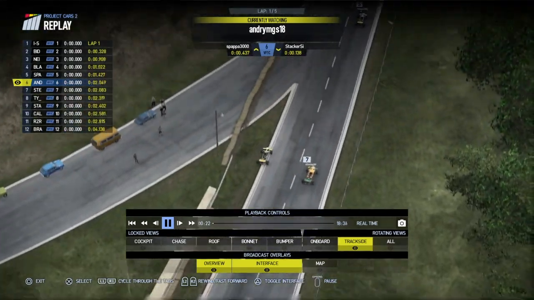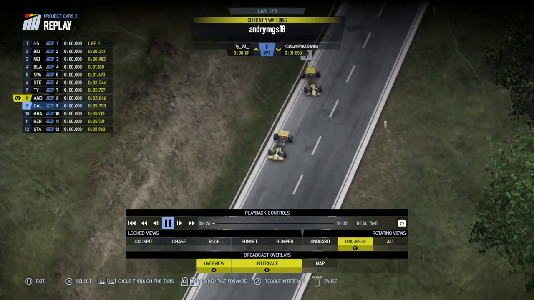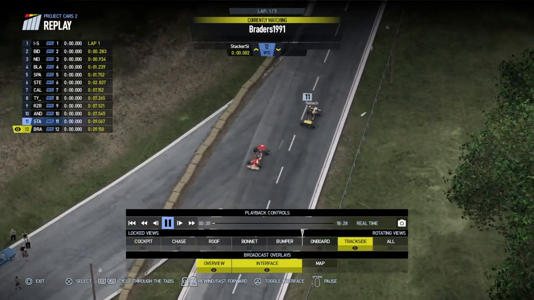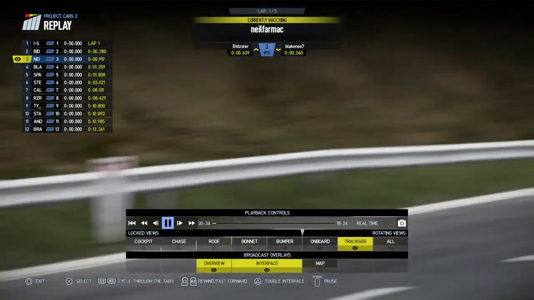And oh, big contact already, but massive crash. Something's happened back there. TY's gone round, and Andrea as well. Arzadar is involved in that, so is Bradders and Stacker, so everything happening there as the rest of the field come up towards the top of the hill